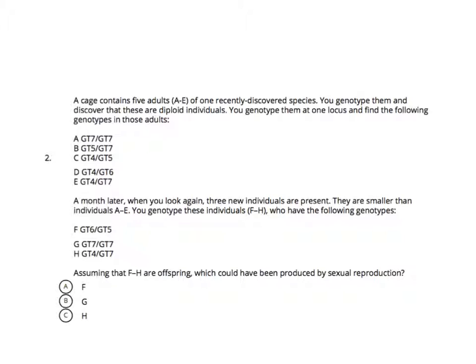So we've got 5 different parents and their genotypes shown up here. So we can just focus on the numbers, the 7s, 5s, 4s, 6s. This first question was asking about, and all of these questions in this quiz are identical other than that term right there that I circled in red. I'm just asking, with those parent genotypes, A through E, and the kid genotypes, presumably kids, which of those kids would be products of sexual reproduction?